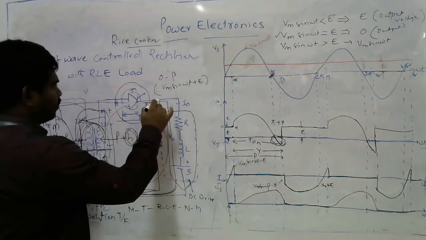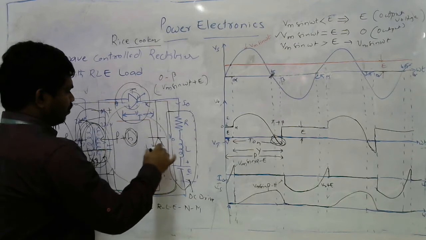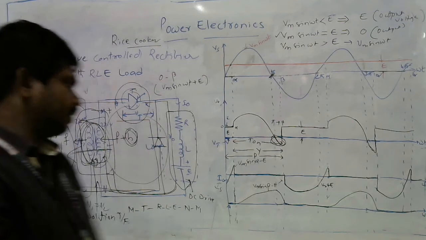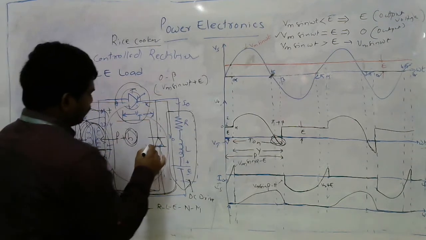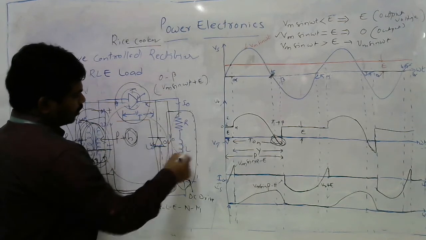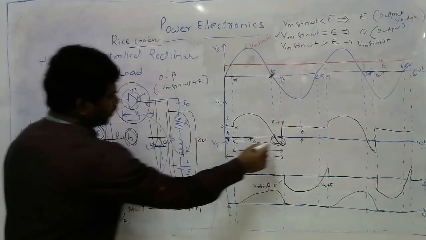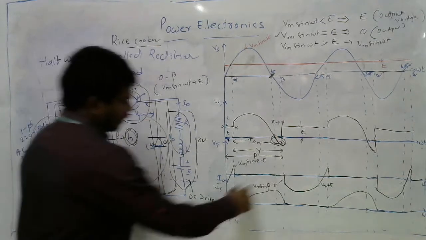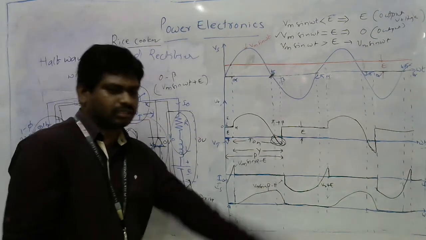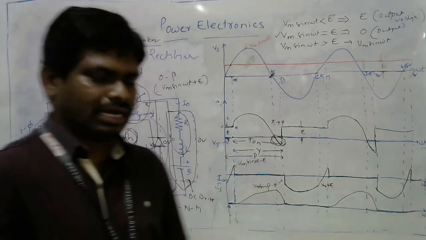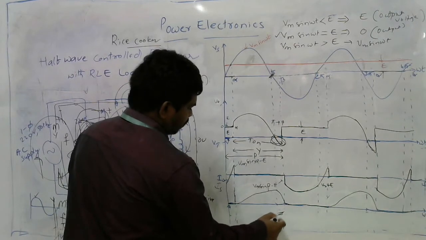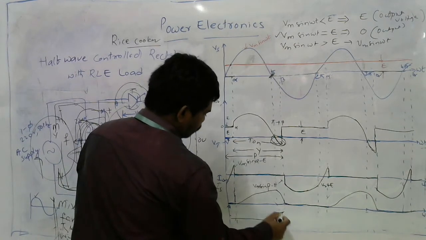Simply place one freewheeling diode across the load. Immediately this is going to be short circuited. Short circuit voltage is 0 volt, so our load is also having 0 volt. So this is going to be removed, and we are able to get continuous operation also. At that time you can see the freewheeling diode action. Freewheeling diode action takes place from this portion. We are getting currents in this portion.